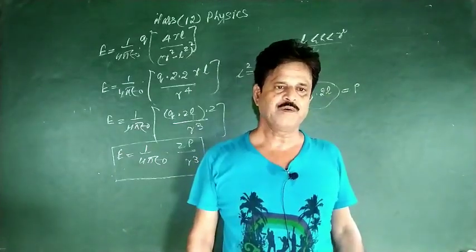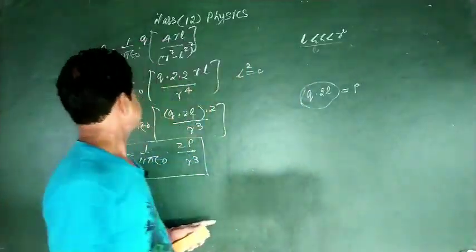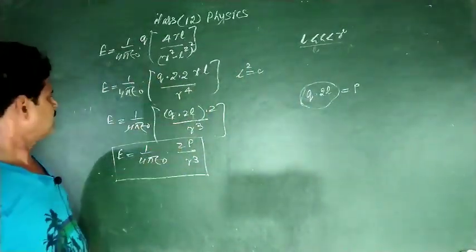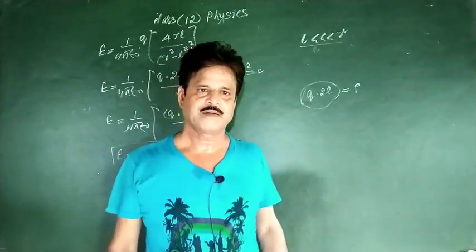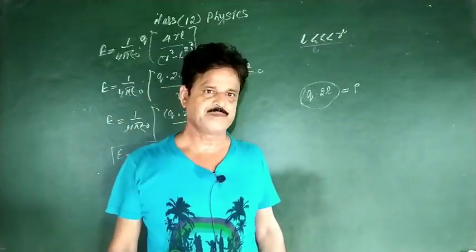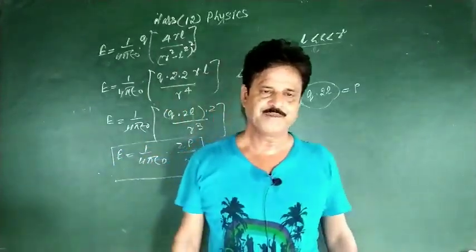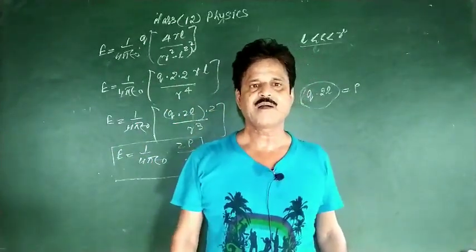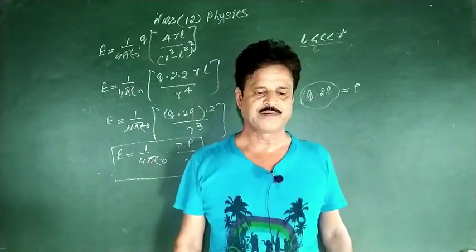In the next video, we will find the electric field intensity created by an electric dipole at the equatorial position. And third will be the rotated position. If any dipole is rotated by angle theta, then what will be the resultant electric field intensity at a certain point? Thanks.